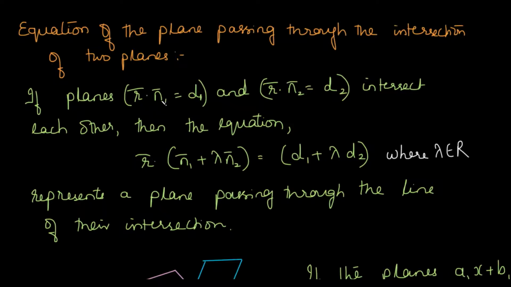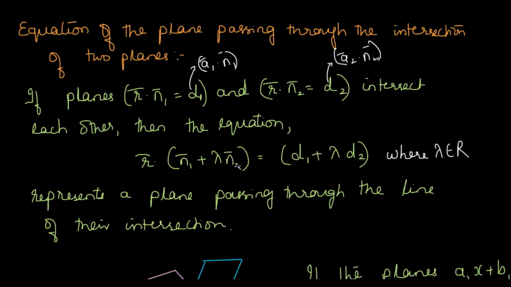Now here in this case, as usual, n is the normal to the plane. So n1 is the normal to the first plane, n2 is the normal to the second plane. d1 and d2 represent a1 dot n1 and a2 dot n2. See, d1 represents a1 dot n1, where a1 is any point on the first plane, the position vector of any point in the first plane, and d2 represents a2 dot n2, where a2 is any point in the second plane. The position vector of that is a2 bar. So that way. Then lambda.